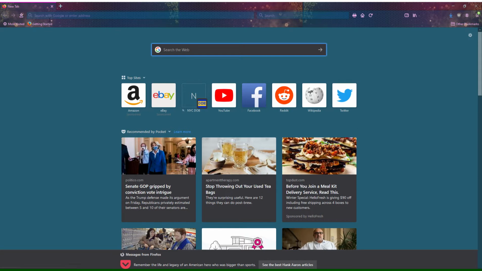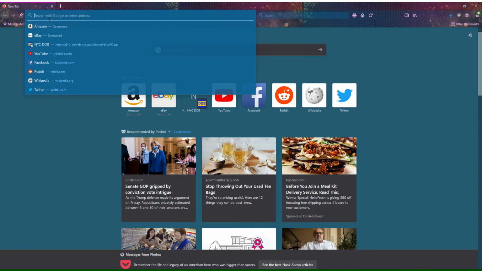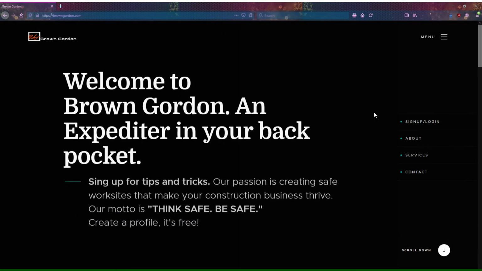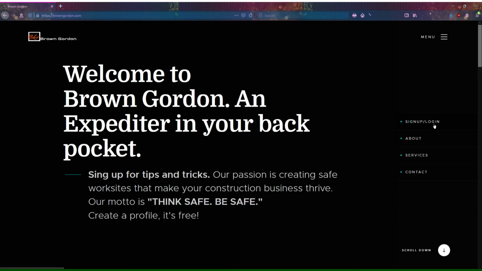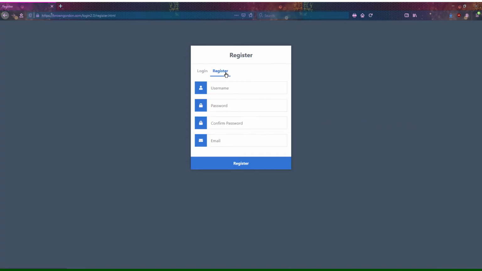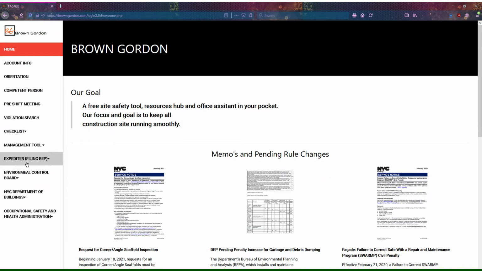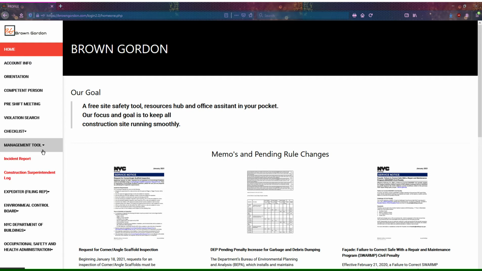Today we're going to go over incident reports. So we're going to go to browngordon.com, type it into your favorite browser, go to sign up/login. If you're not registered, please register. Go to login. After you register, type in your information. Then once we get to your profile page, you'll go to management tool, and inside of management tool we're going